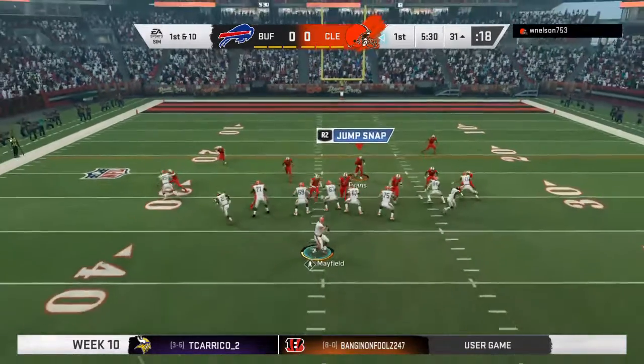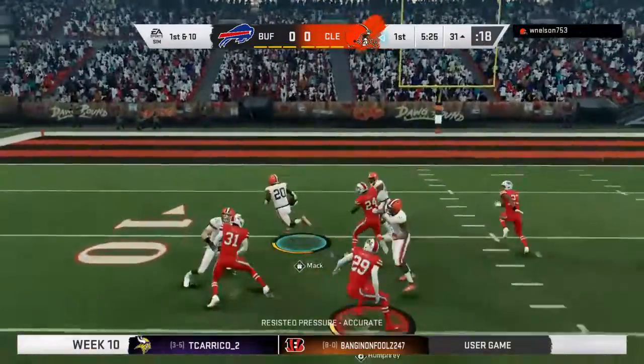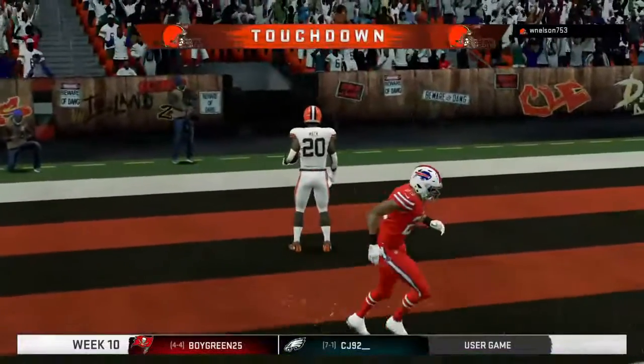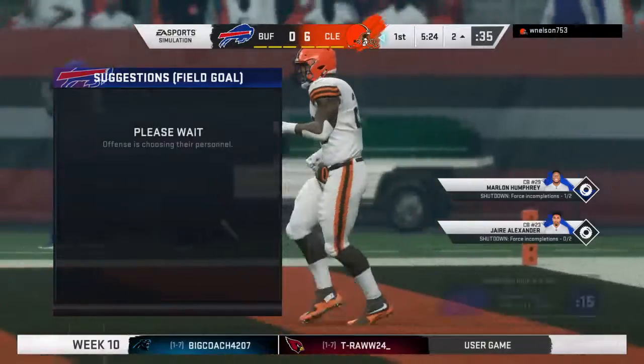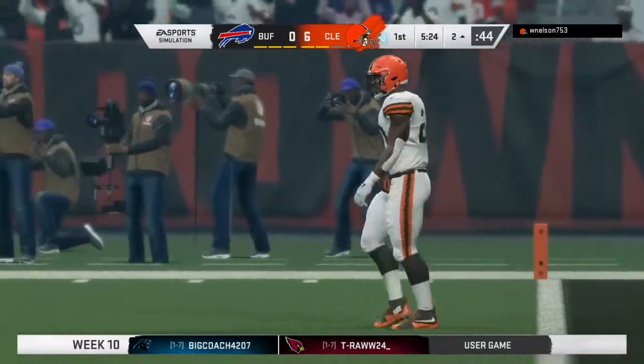Mayfield with it once more. That's complete to Marlon Mack. And all the way in. Touchdown, Cleveland. Marlon Mack, his 5th touchdown now on the year, as his guys are able to strike first here